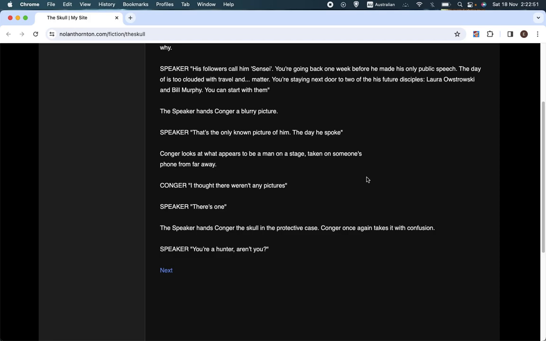So I would suggest to the author, to Nolan Thornton, or to anyone else who might be making a game of this type, that perhaps adding some kind of system, whether that be attributes, whether that be collecting items, whether that be just keywords that you get for making particular decisions in the past, will allow you to have a longer narrative without choices that make no difference.